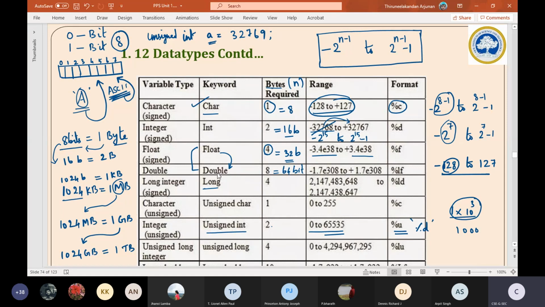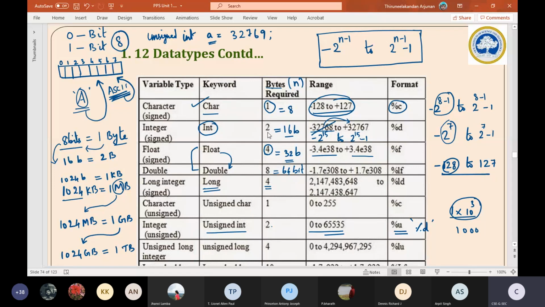If we want something greater than this 2-byte integer, if I want to store some bigger number as a round value, I can very well specify simply long itself, long alone. I don't want to specify whether it is an integer or not. Simply long itself signifies that it is an integer type of size 4 bytes.